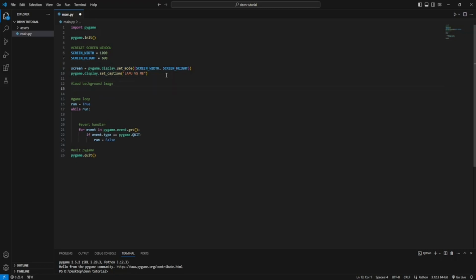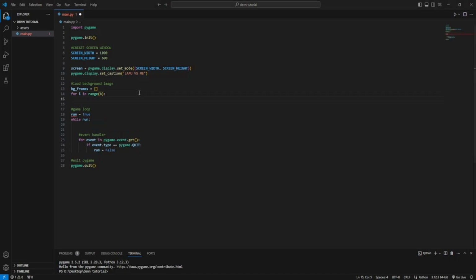So just underneath where I've created my game window, I'm going to add a little comment to say load background. As you can see in my game before, the background is moving. So now we'll initialize a bg_frames variable equal to an array bracket. Here we're calling a for i in range of 8, because my frames is 8. Now I append the images to the bg_frames array I set. So now bg_frames.append